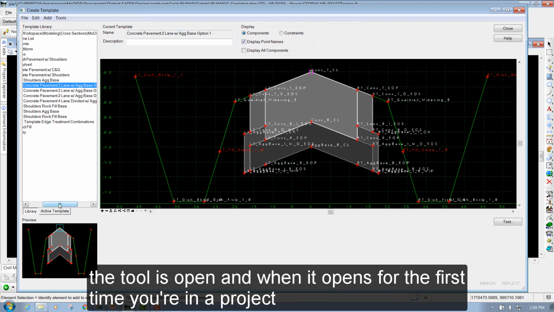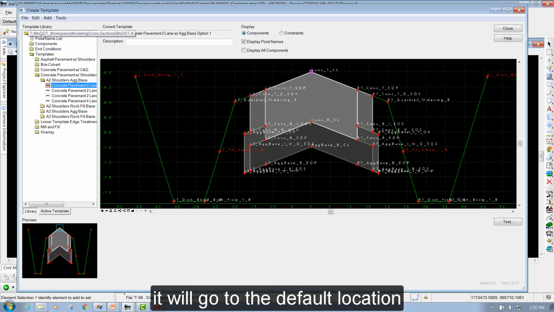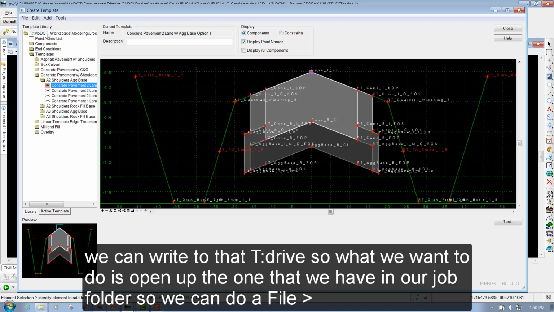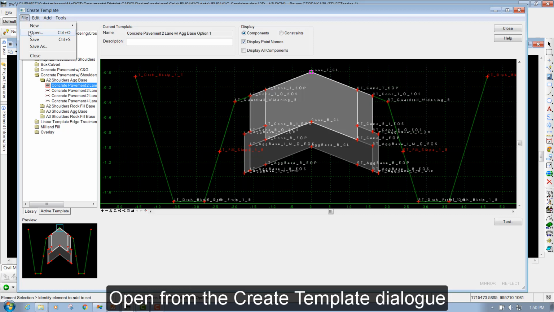The tool is open, and when it opens for the first time you're in a project, it will go to the default location of our T drive. We can't write to that T drive, so what we want to do is open up the one that we have in our job folder. So we can do a File, Open from the Create Template dialog,